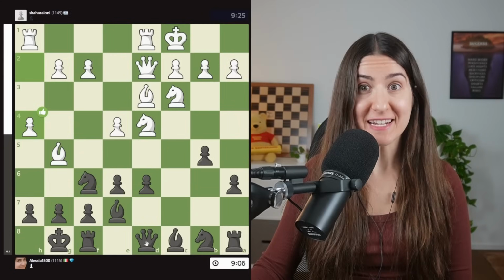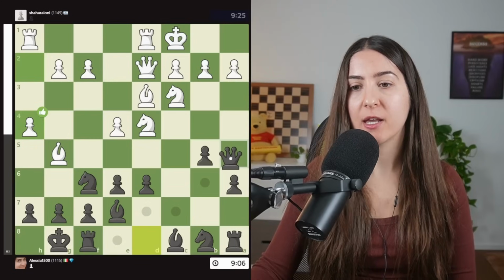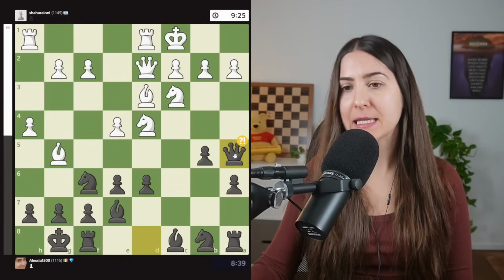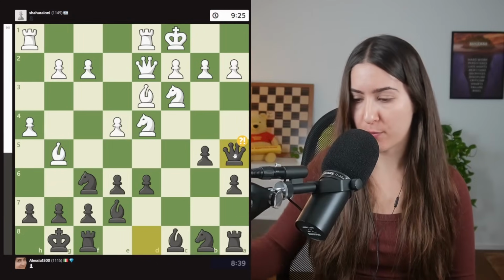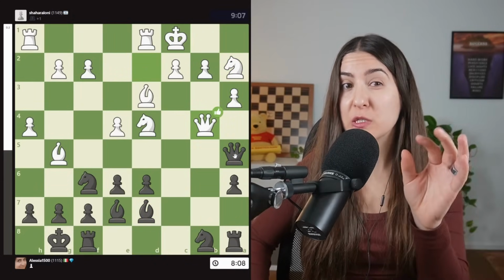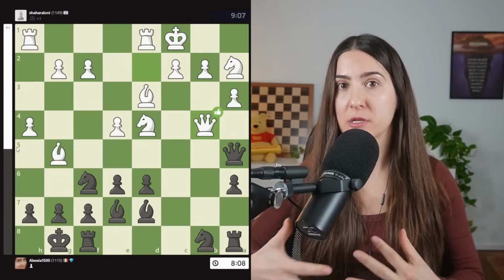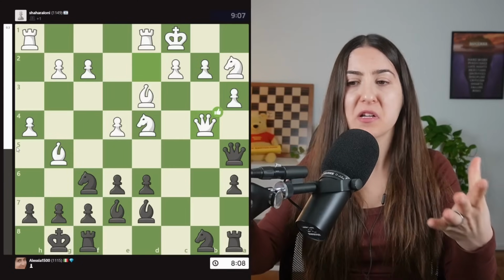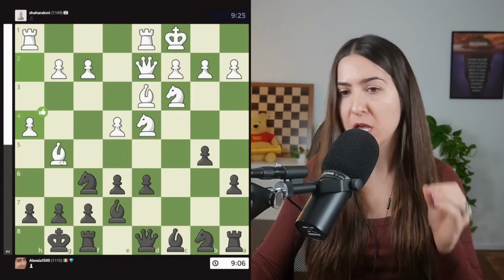GGs. Quick analysis. The move queen a5 is a typical idea in the Sicilian, but in this case, not the most precise move, since we saw that I lost a pawn, right? In a few moves, I lost a pawn. Now, this position is just 0.3 advantage for white, meaning that there is compensation for my pawn, but if you don't want to sacrifice a pawn, I will show you a different option, and this is to go with the